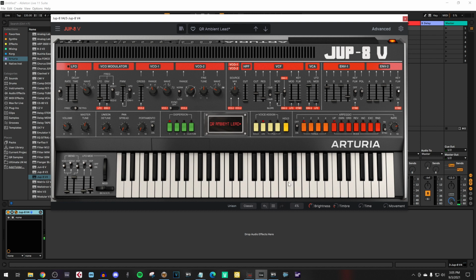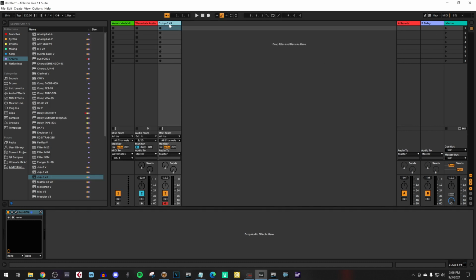So a perfect sound to add on top of that other pad sound I just created to create a new performance atmosphere. So I'm going to transfer this to a new multi-sample, which we can use in the Korg Wavestate. Let's start the process of sampling this specific lead. It's called QR Ambient Lead. And we are going to load that